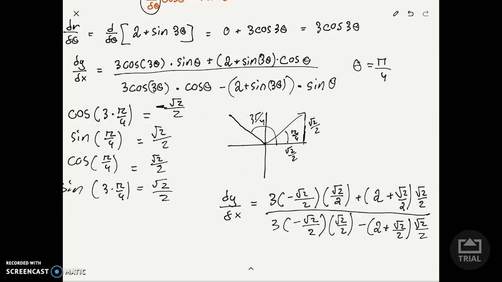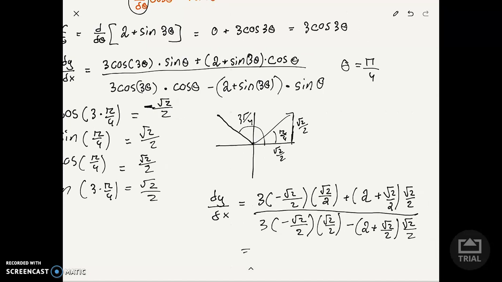Well, that looks pretty darn close. So let's see, we've got those cancel, so we're left with 3 halves here, plus root 2 plus 1/2 over negative 3 halves, let's see, minus root 2 minus, well, what's that one? 1/2. So we're left with negative 1/2,